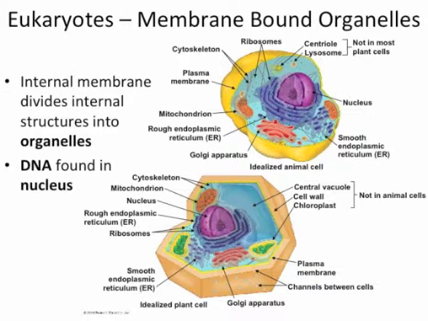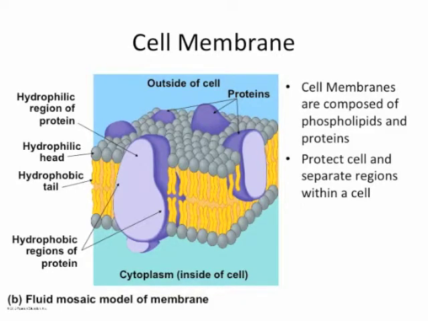Okay. So, all of these organelles, or rooms within the cell, are surrounded by cell membrane. And this is what the cell membrane looks like. Cell membranes are what are called fluid mosaics